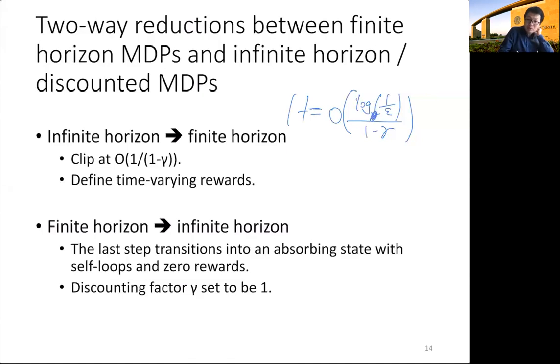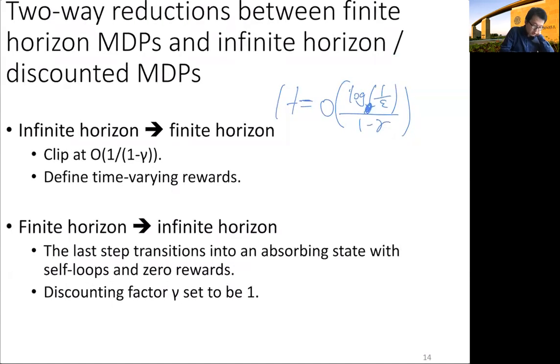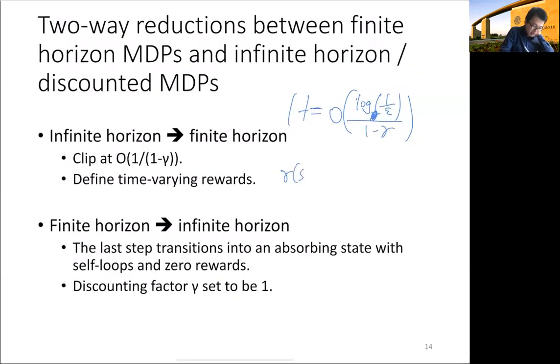And you can choose this epsilon to be arbitrarily small without substantially increasing the parameter h. The second thing you have to capture is to choose a time-varying reward. So the reward at time h will be defined as gamma^(h-1) times the actual reward of (s, a). Right, so these will be the parameters that you use in finite horizon MDPs,